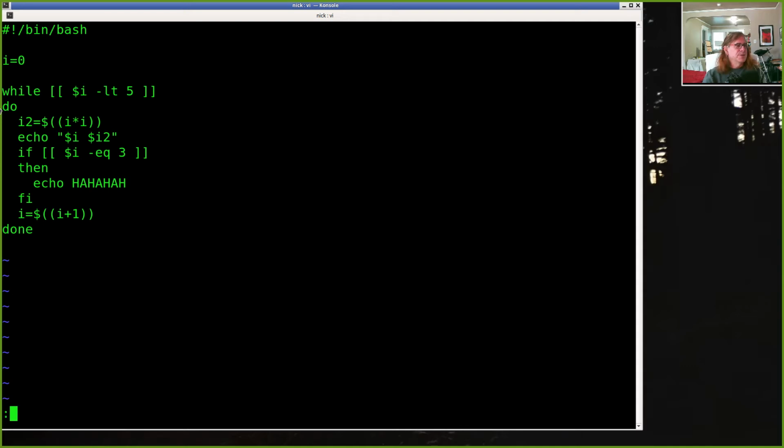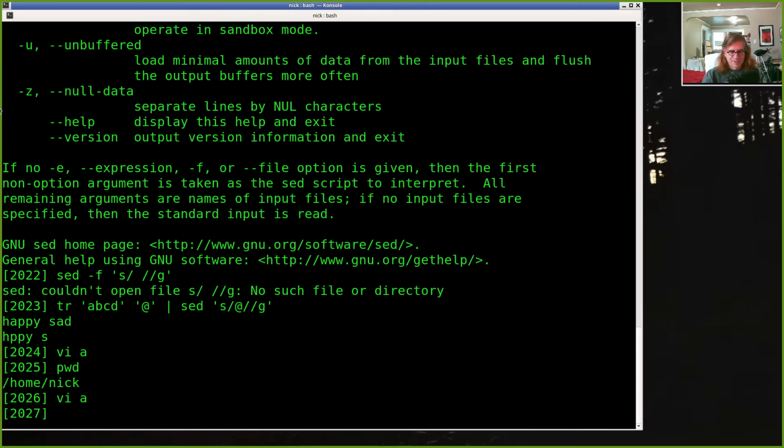Right. So if you're writing a script and you're trying to figure out what's going wrong with it, here's a little hint. In your shebang at the top, put a -x switch. This bumps up the verbosity level of bash, and it will show you what it's doing as it executes your script. So if I run this,